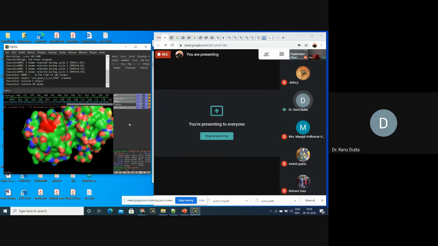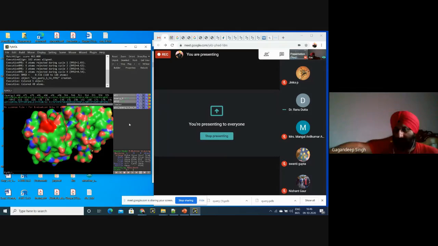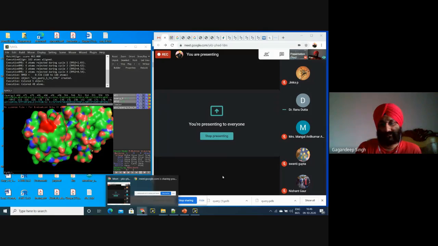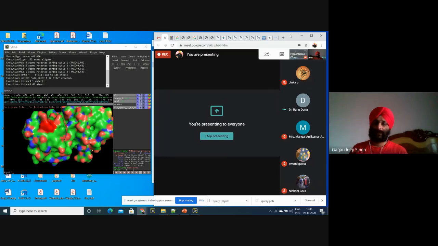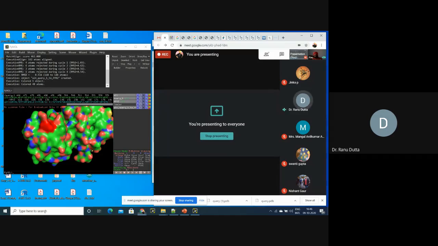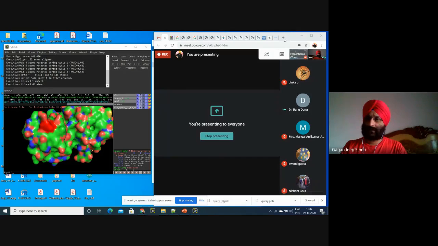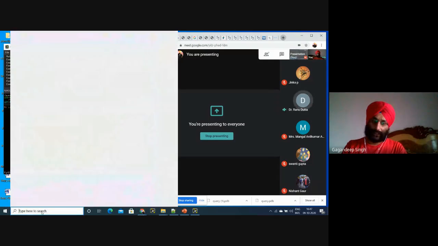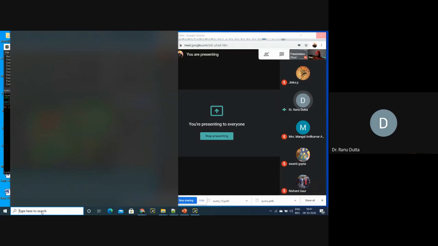So they need to download and install Modeller also. Yes, they should install Modeller as well. It says Modeller 9.23. This one. Yes, Modeller 9.3, the latest version. This is not an issue. Let me see, I'm not getting the correct link, maybe, of Modeller. Oh, it is freely available. So this can be downloaded and installed on the laptop itself, right? Yes, you can download it on a laptop only.